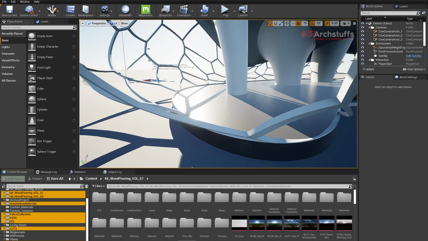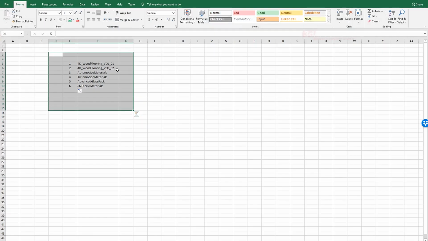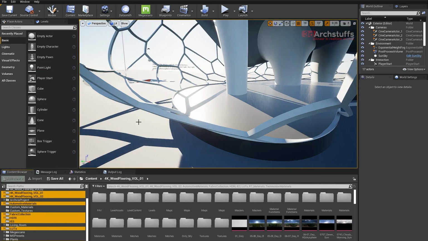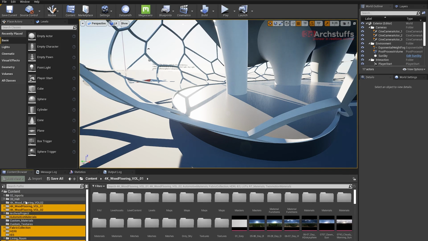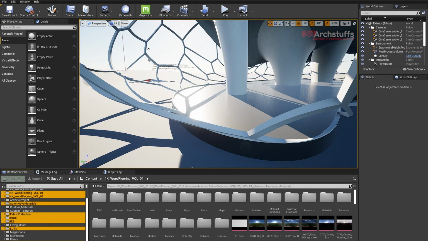So I have selected all this material pack which I already have in my library file or project, along with HDRIs and IES and LUT files and all those things. I also have some custom textures and custom materials which I generally make for a specific project, and I will be showing you how to make custom materials and texture materials in the scene anyway. So I will select everything important here, like all these